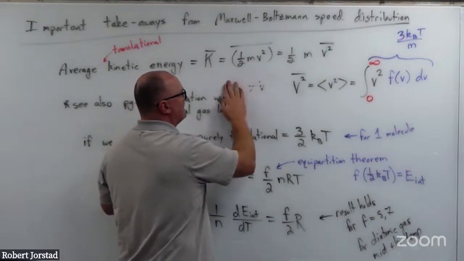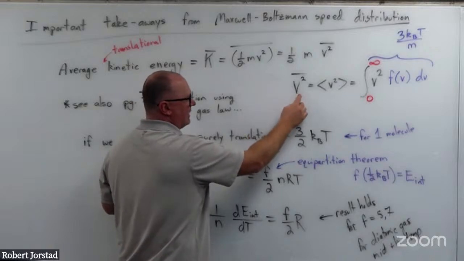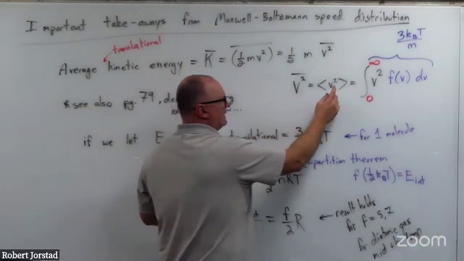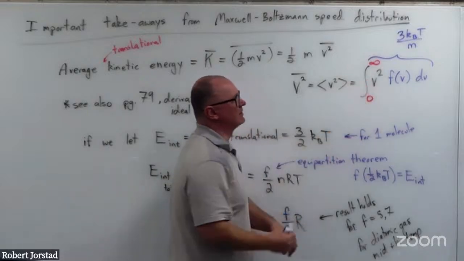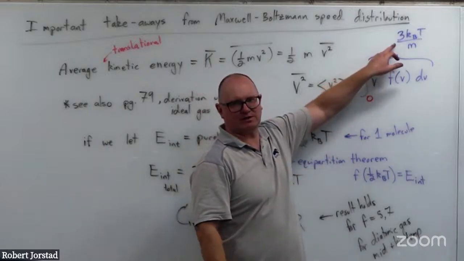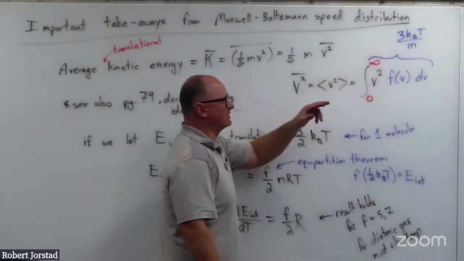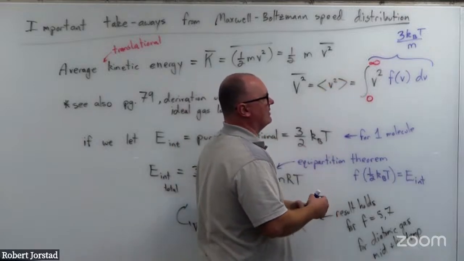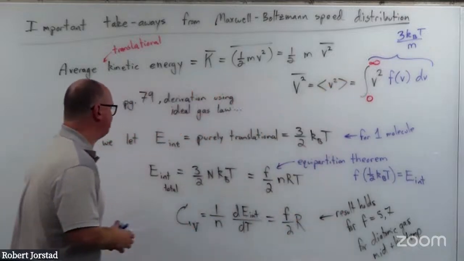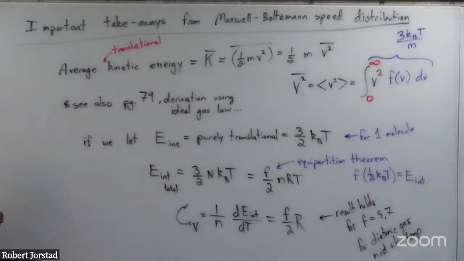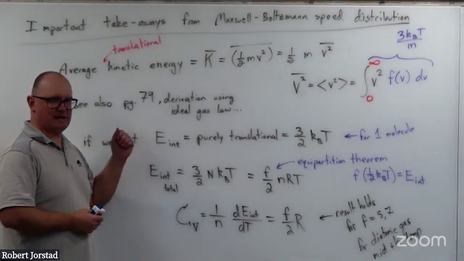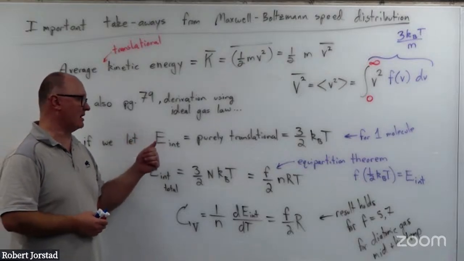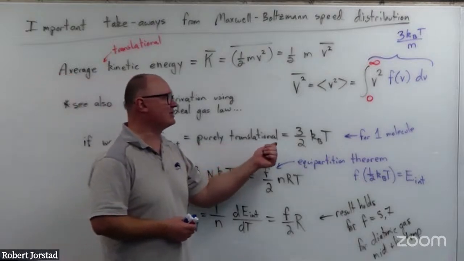So we're taking the average of v squared. What do I mean by that? That's the expectation value of v squared. That would be the integral of v squared f of v. When you do all that junk, you get this result. Okay? If you take the square root of that, you get v_rms. All right, cool. Now, if we let E internal, the energy of a single gas molecule, be purely translational, notice